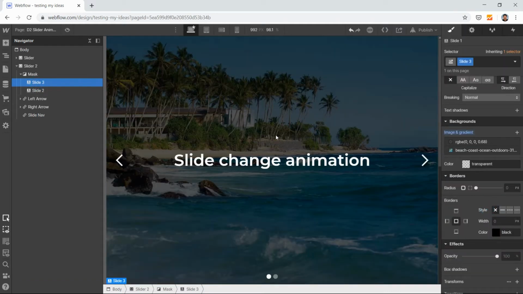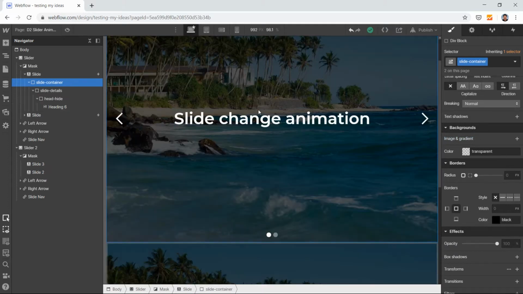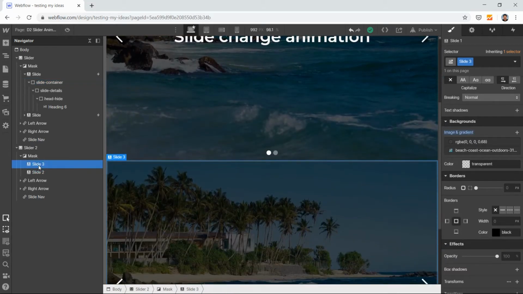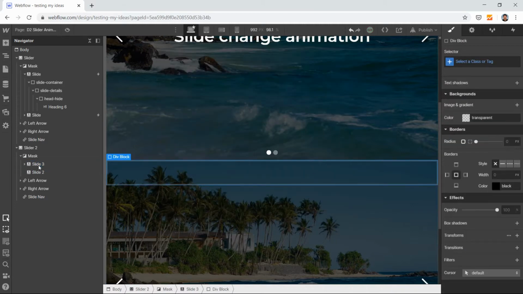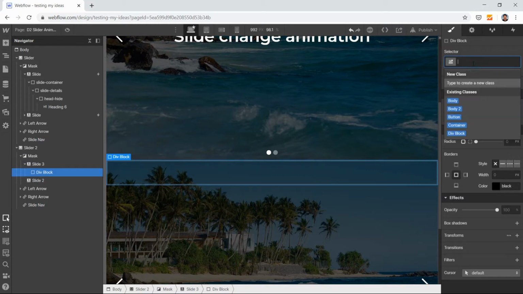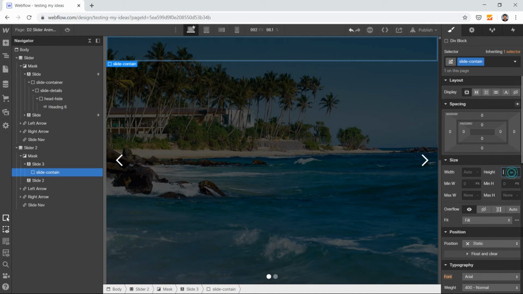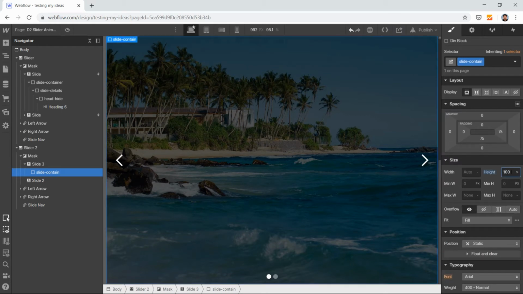So now to make it like this, I have created this slide container, right? This slide container which holds our slider details. So that's what I'm going to build here as well. Just do Control E, write down div, it would show up, put it here, and go to this selector section, give it a name, slide contain, right? Let's give it a slide contain and make it 100% in height. Set its height to 100%.